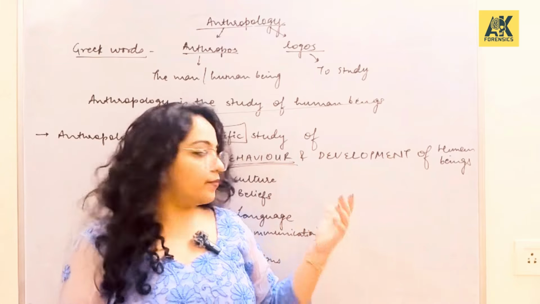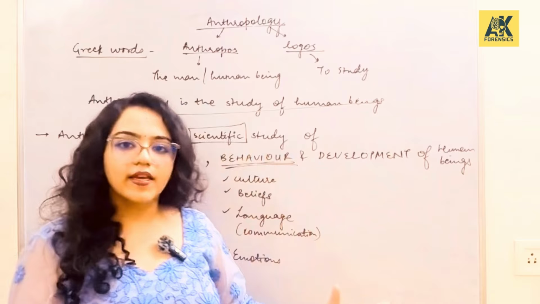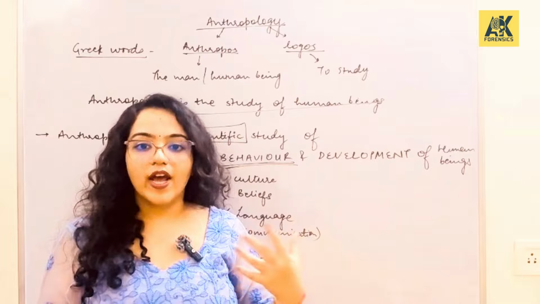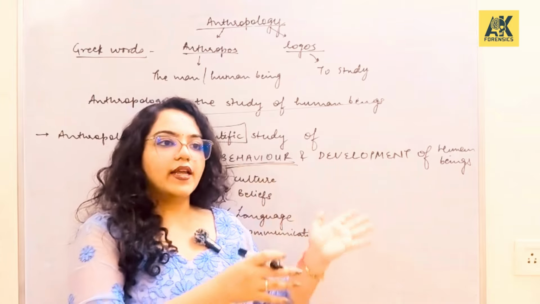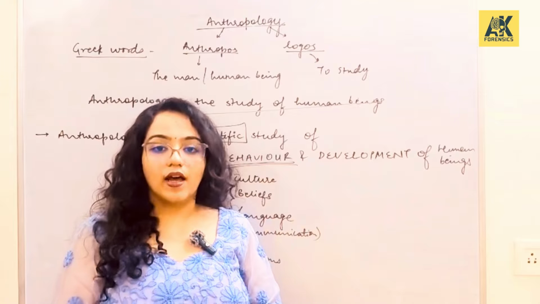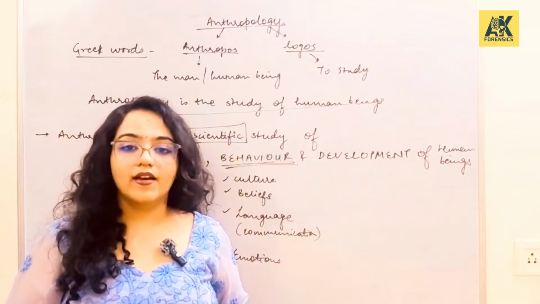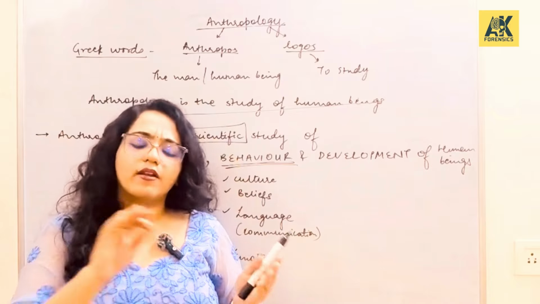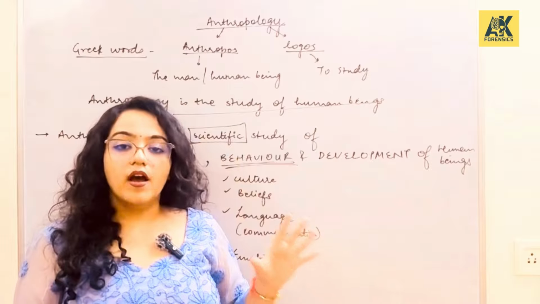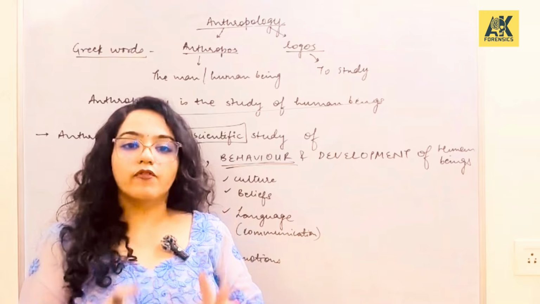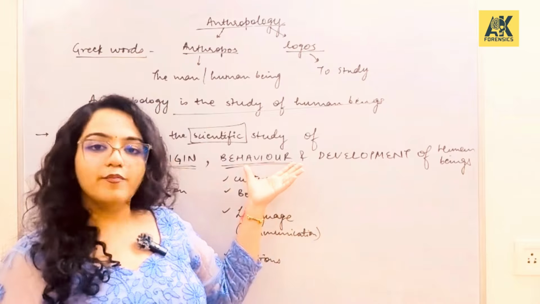If we want to broadly define what behavior is, behavior is actually anything that we have learned in life rather than adapting it from our genes. So apart from what we take from our genes, from our genes we take the hair color, the eye color, the color of our skin, and many such characteristics. But apart from that, how we are actually performing in a social circle, that all encompasses behavior.